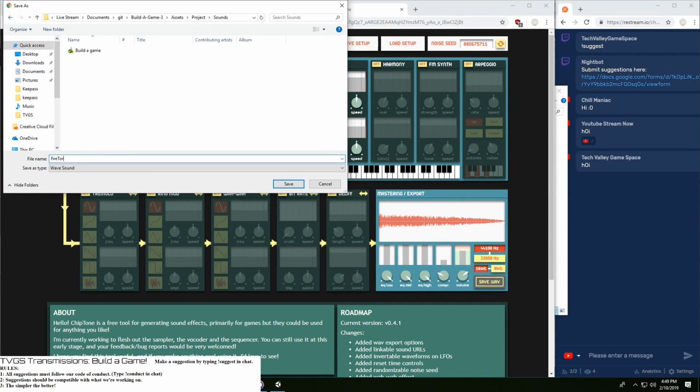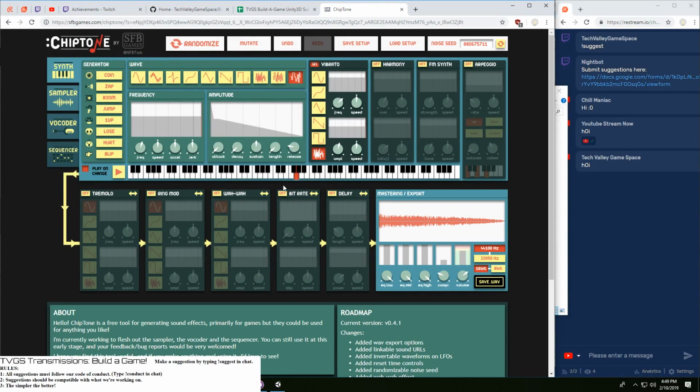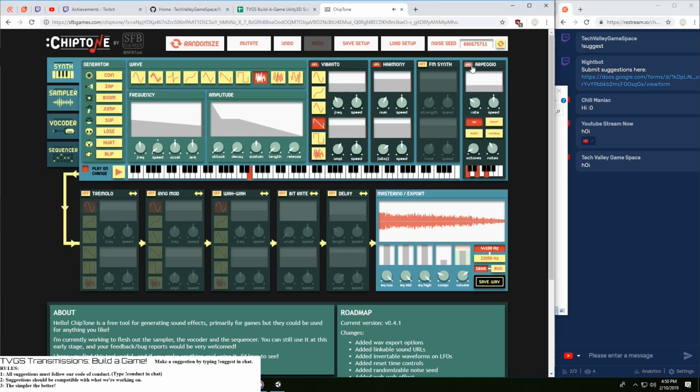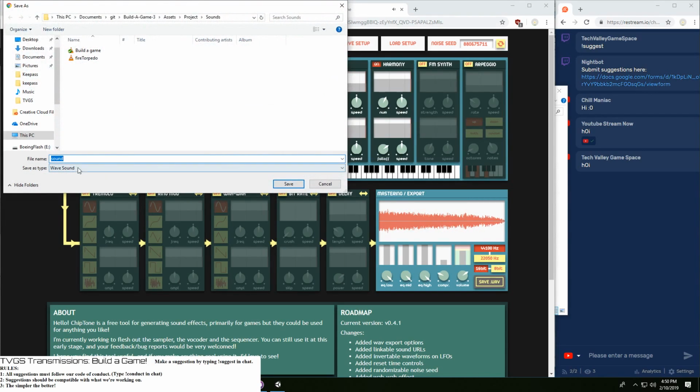That's a fire torpedo sound. That will be the voxel dust explosion.